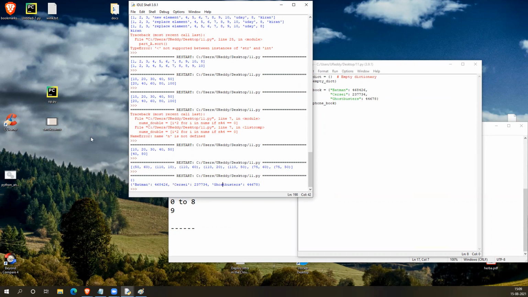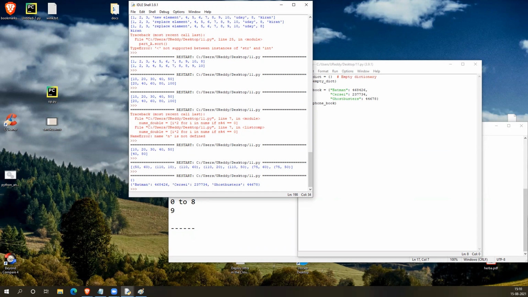And it is unordered. It doesn't matter which one is coming first or second, because anyway we are not referring to them through the position numbers, right? We are just referring with the keys. So you don't need to worry about the order also.